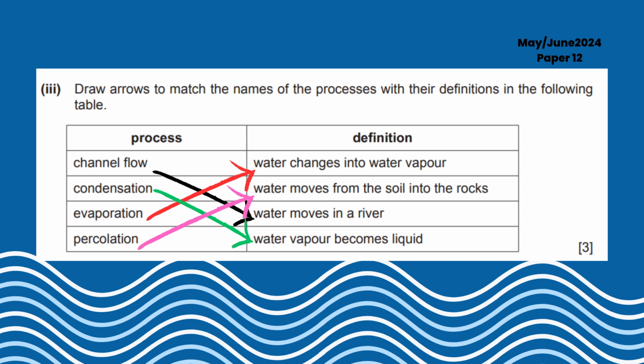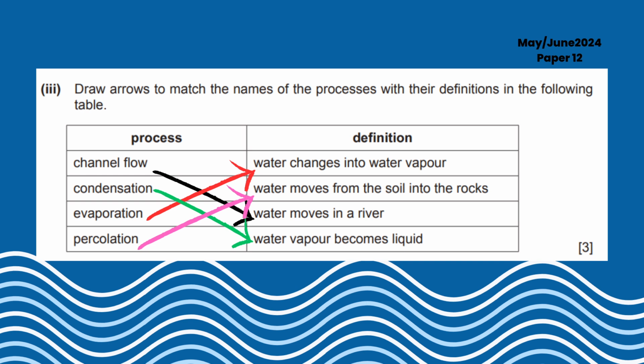Third is evaporation. The definition is water changes into water vapor, so it means liquid to gas. Evaporation is a process where water changes from liquid to gas because of heat, like when water from rivers or lakes turns into vapor in the air and rises. Okay, so that is evaporation. This is the counterpart of condensation. And lastly,